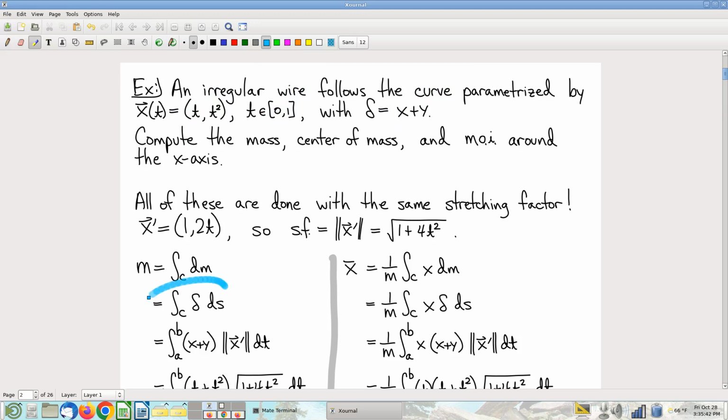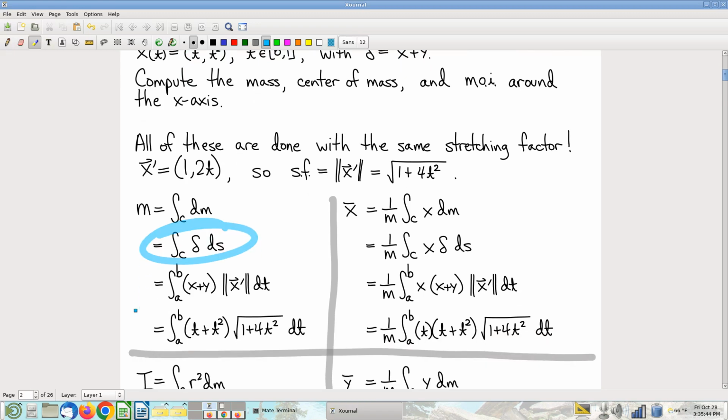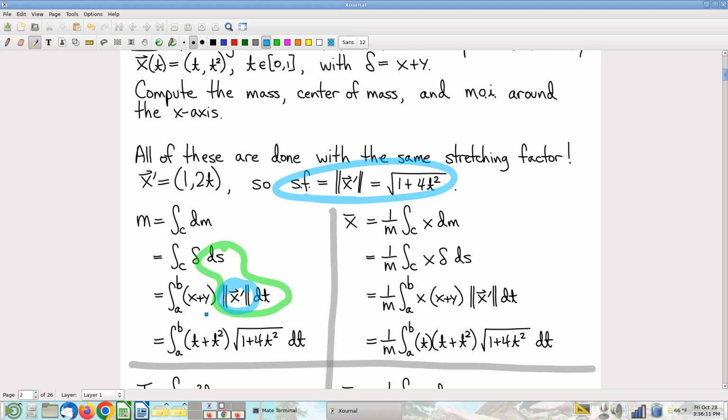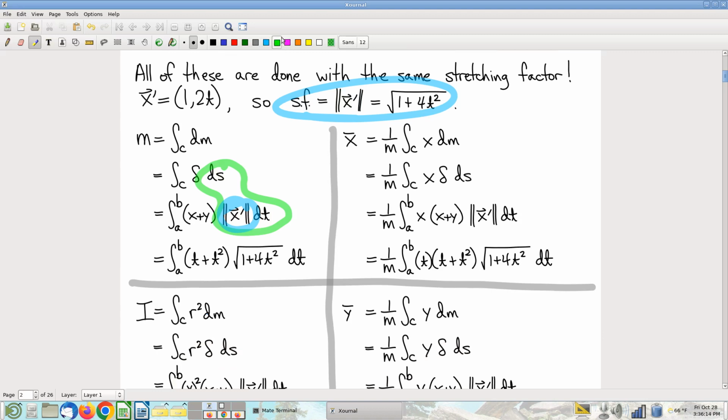So for example, for this first scalar line integral, when I get around to trying to figure out how to rewrite ds, I've got to compute my speed in order to do that. So we take the derivative of the parameterization to get velocity. We compute the magnitude to get the speed. And that stretching factor rewrites ds in terms of dt. There's that stretching factor. And it does the exact same in all the other examples,